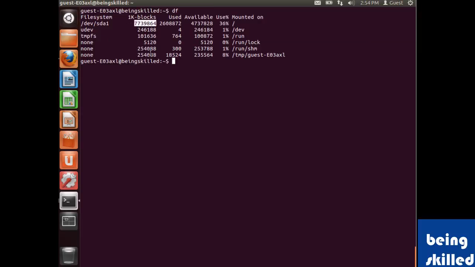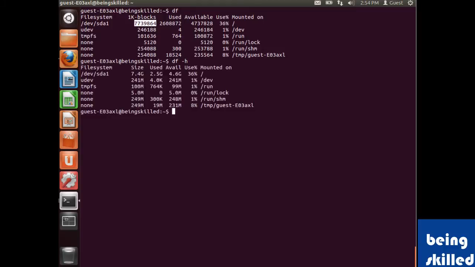So here we can see the command is displaying in terms of blocks. So in case we want to make it understood easily, then we will use -h, and it will show the sizes in MBs and gigabytes, which are understood quite easily.